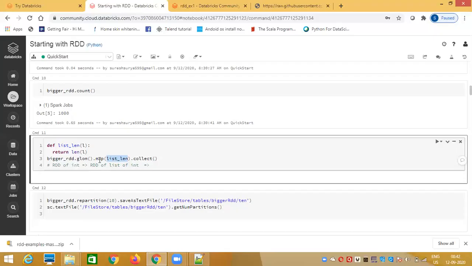For example, in this scenario we are discussing, the map function. Its objective is to iterate over each and every element of a given RDD, apply certain functions to each of these elements, and then return a new RDD. This is what the map function basically does. You can see that on top of the RDD, I'm calling the map function.